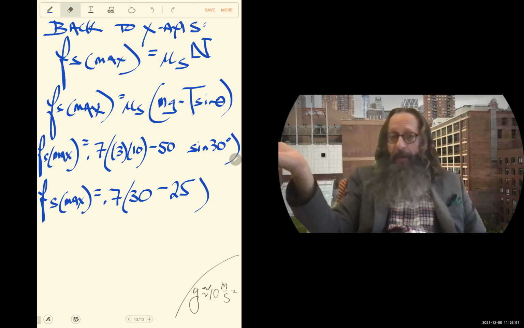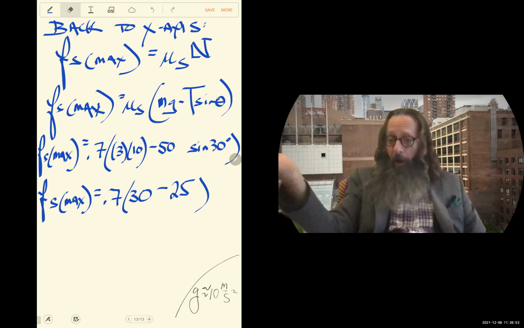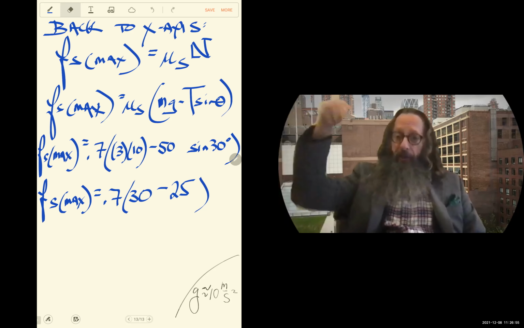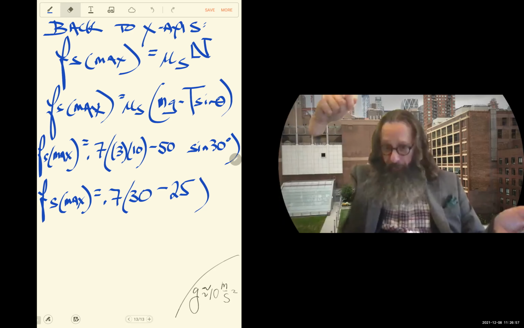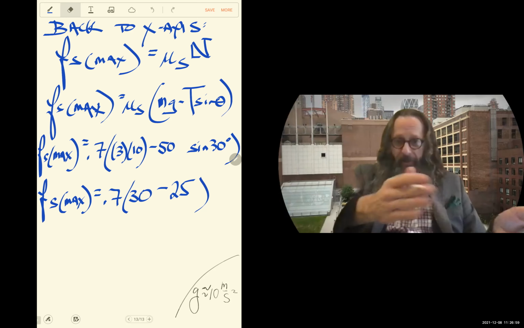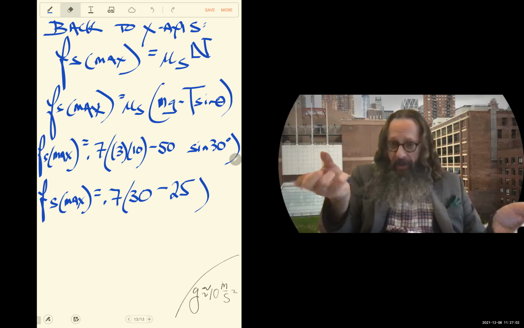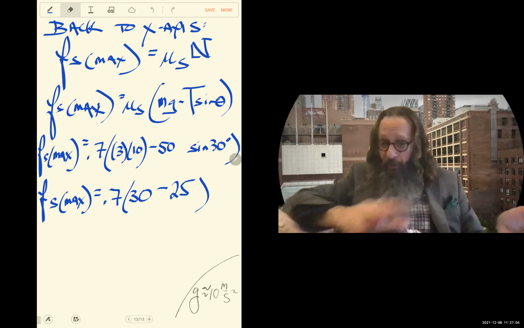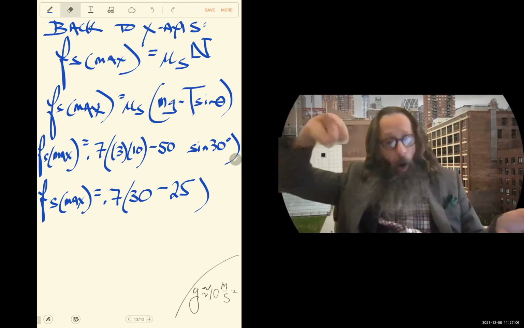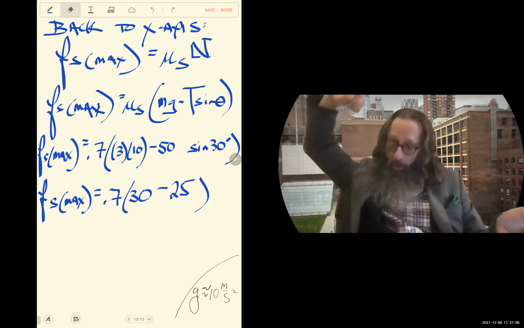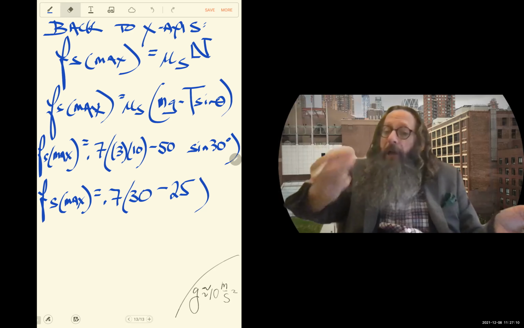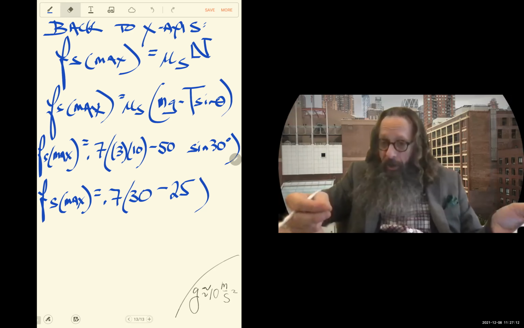The upward force of the table is only supporting 5 of those newtons of the weight because the string is pulling up and taking care of the other 25. So 30 minus 25 is 5. That's how hard the table is being pushed. And in other words, if you're following this, the harder I was yanking on the string, or the higher the angle I yank on the string, the less friction is ultimately resulting.